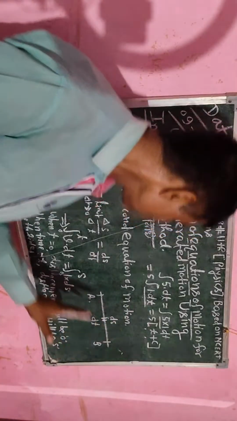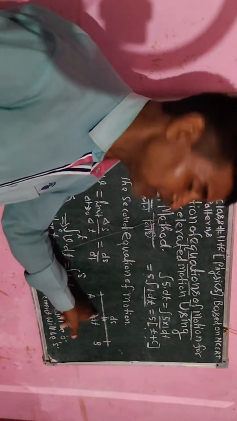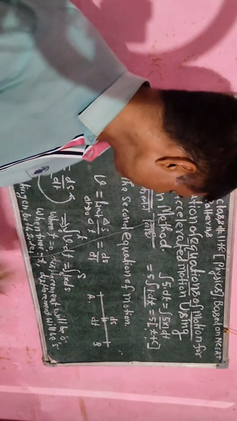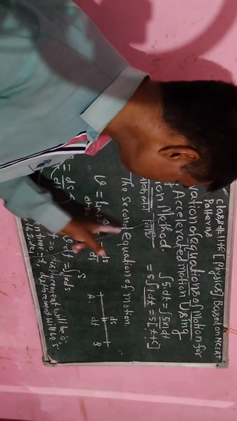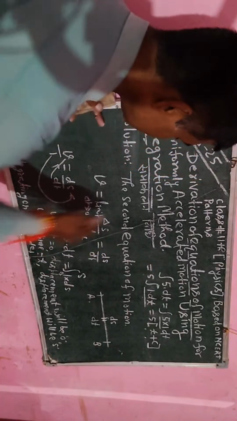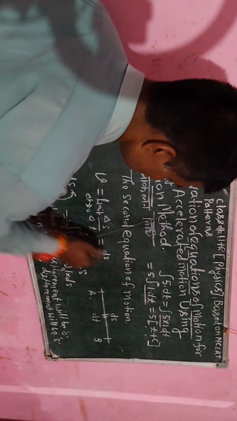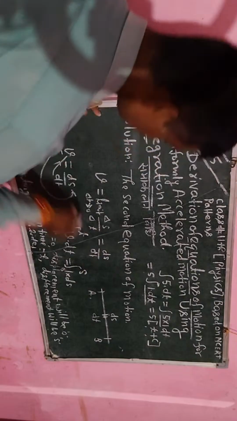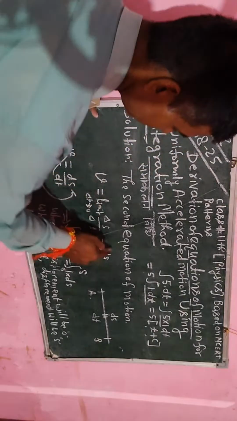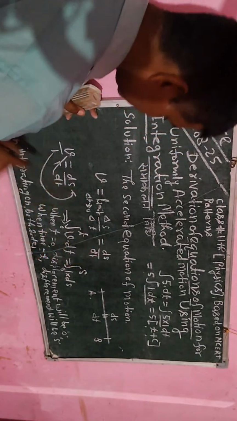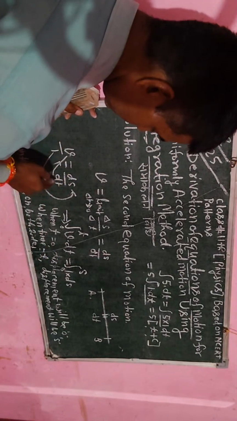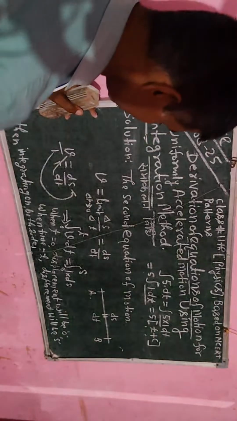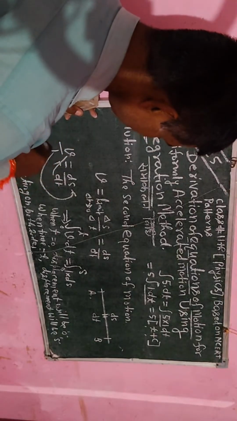तो इस डी एस बटे डी टी में जो लेफ्ट हैंड लिमिट निकालेंगे और राइट हैंड लिमिट निकालेंगे, दोनों का वैल्यू सेम होगा, इसलिए हम लिमिट डेल्टा टी टेंड्स टू 0 लिखेंगे, और इस डेल्टा टी टेंड्स टू 0 डेल्टा एस बटे डेल्टा टी को स्मॉल डी एस बटे डी टी लिखेंगे। यहाँ पर वी है तो वी लिख दिए, वी को वी बटे 1 लिख सकते हैं। इसको क्रॉस मल्टीप्लाई करेंगे, हिंदी में तिर्यक गुणा के नाम से जानते हैं। इसका मल्टीप्लाई इसके साथ करेंगे और इसका मल्टीप्लाई इसके साथ करेंगे।